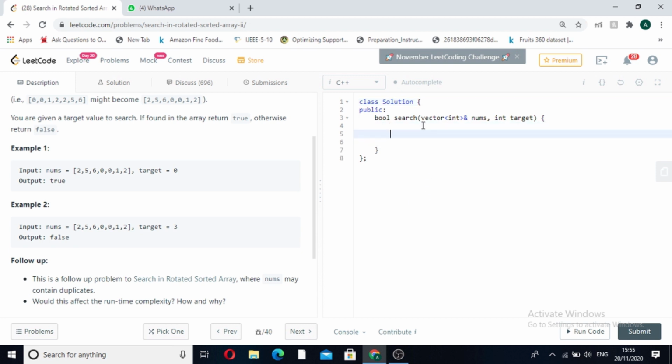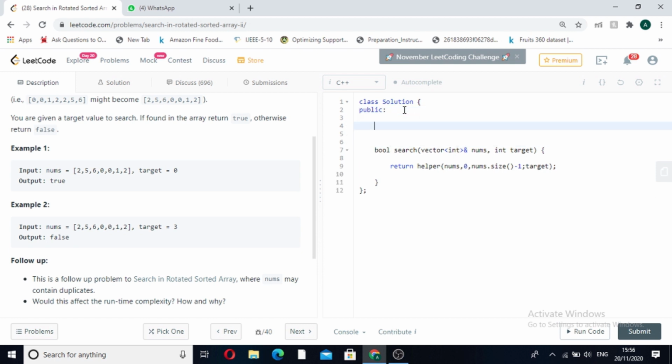First of all, we will make a helper function in which we will pass the nums array, which will be our input array. We will pass the start index of the array, and the end index of the array. The end index is nums.size() - 1, and as a fourth argument we will pass the target. We will make this helper function a boolean function which will return either true or false. The answer returned by the helper function will be our final answer, so we will return the output of the helper function. Now let's write the definition of the helper function.